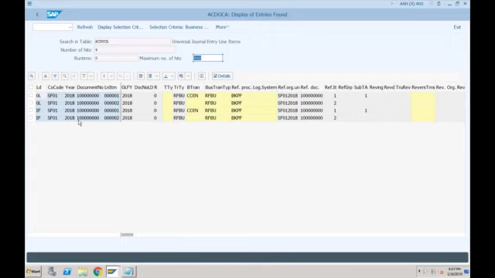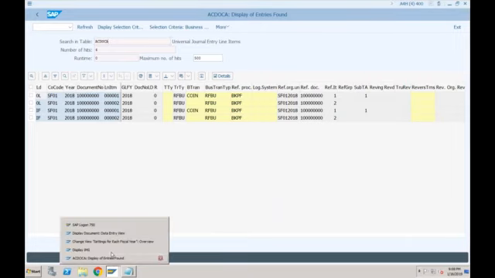Another benefit of using ACDOCA is that it stores both header data and line level data in the same table. So ACDOCA is a combination of BKPF and FAGLFLEXA. FAGLFLEXA has been replaced, but whatever content was available in FAGLFLEXA in SAP ECC will now be available in table ACDOCA.